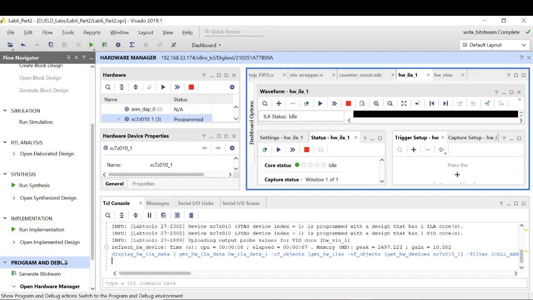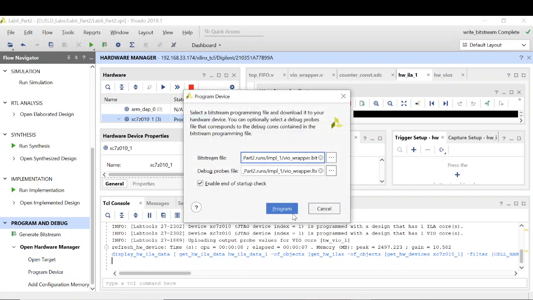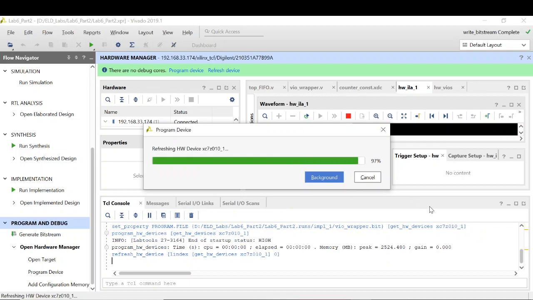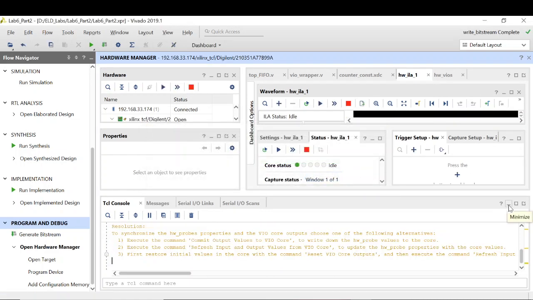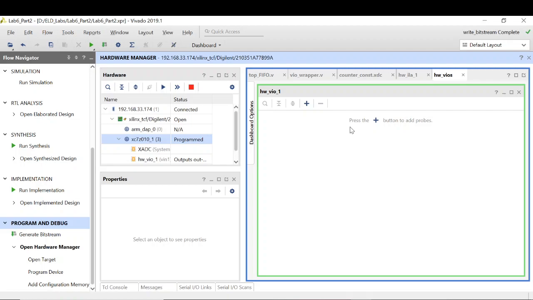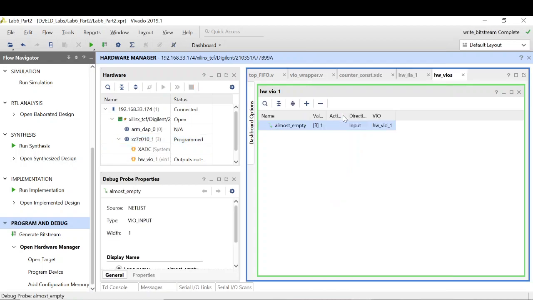Okay, so we need to program the device. Okay, so first let's look into the VIO. Let's add all the signals.